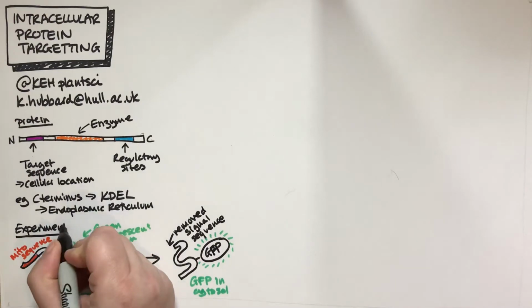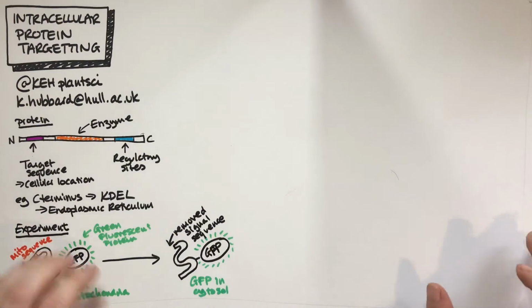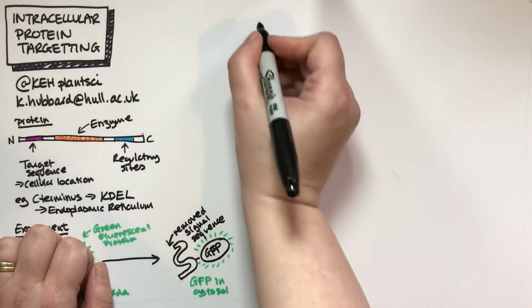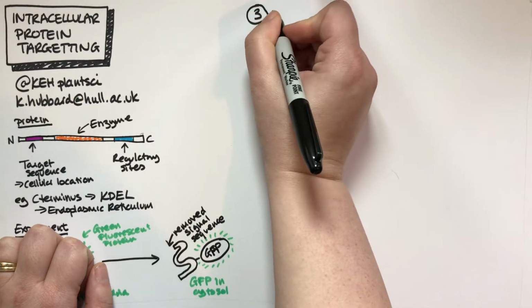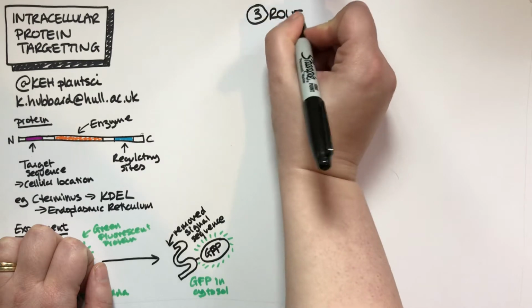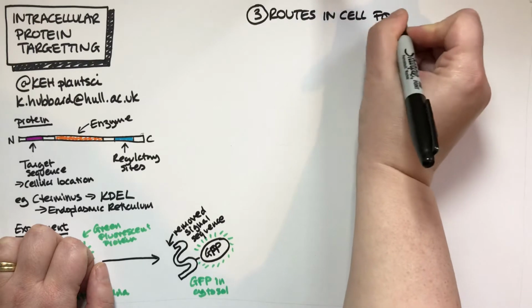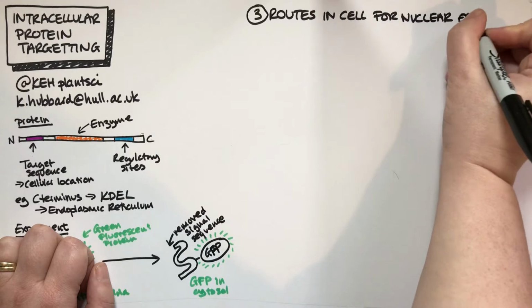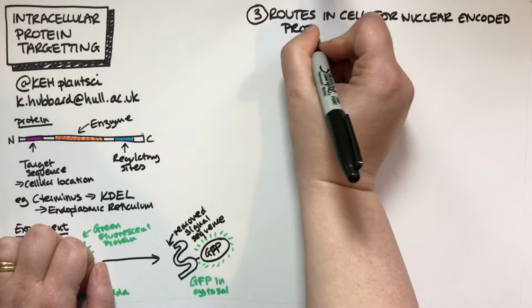So that's quite an important type of experiment to check how a protein is trafficked within the cell. So we know quite a lot about trafficking routes, and we know that there are 3 routes in the cell for nuclear encoded proteins. So obviously the